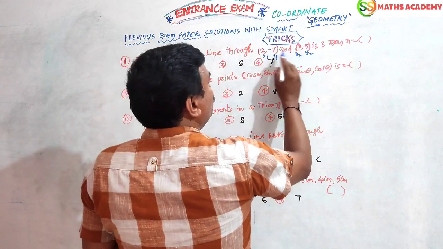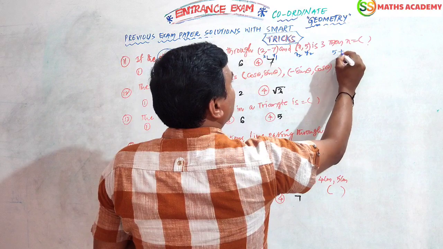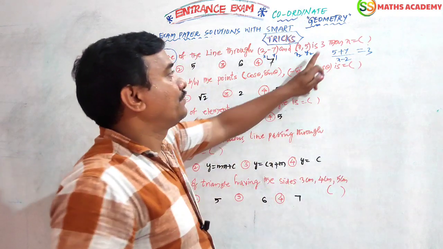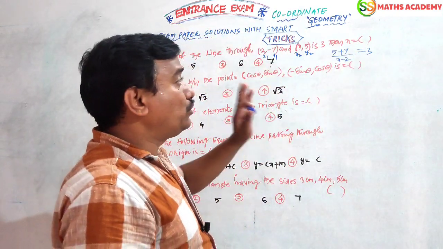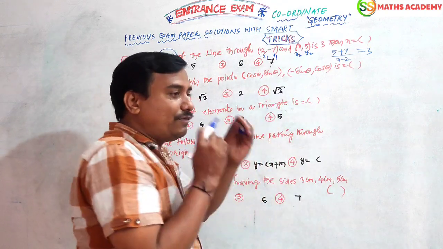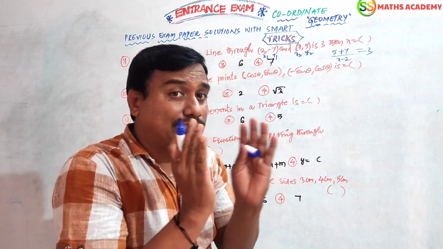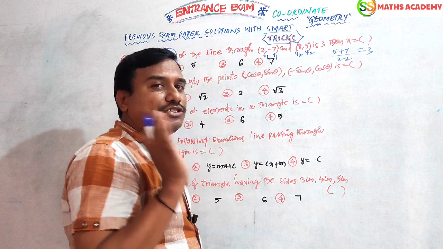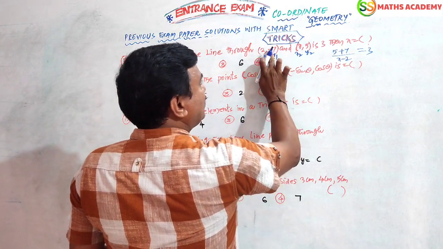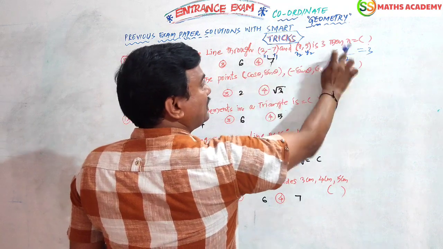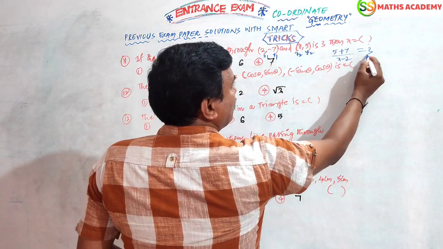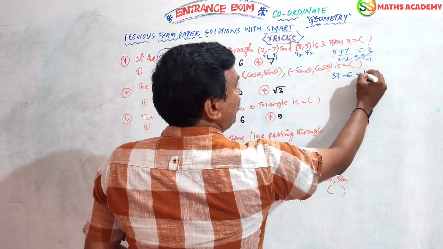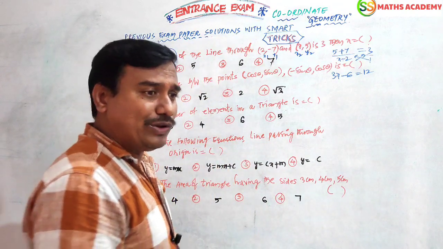Now y2 minus y1, 5 minus of minus 7, plus 7, x2 minus x1, x minus 2, is given 3. Okay? (y2 minus y1) by (x2 minus x1). But when you are substituting the values, the plus and minus you should see very carefully. By practicing many questions, it is possible for you also. So y2 minus y1: here minus 7, formula minus of minus 7, plus 7. x2 minus x1 like that. Now do the cross multiplication. 3 into x, 3x, 3 twos are 6. 1 into 5 plus 7, 12. 12 ones are 12. That's it.